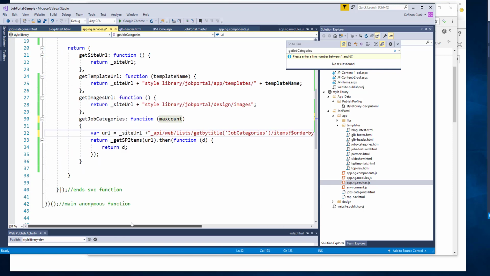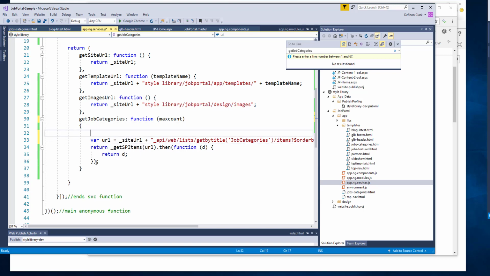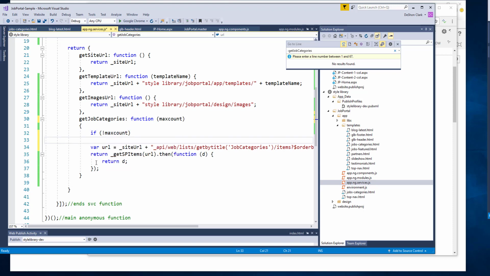And that's that. And another thing we can do is if the count is not specified, so if not max count,